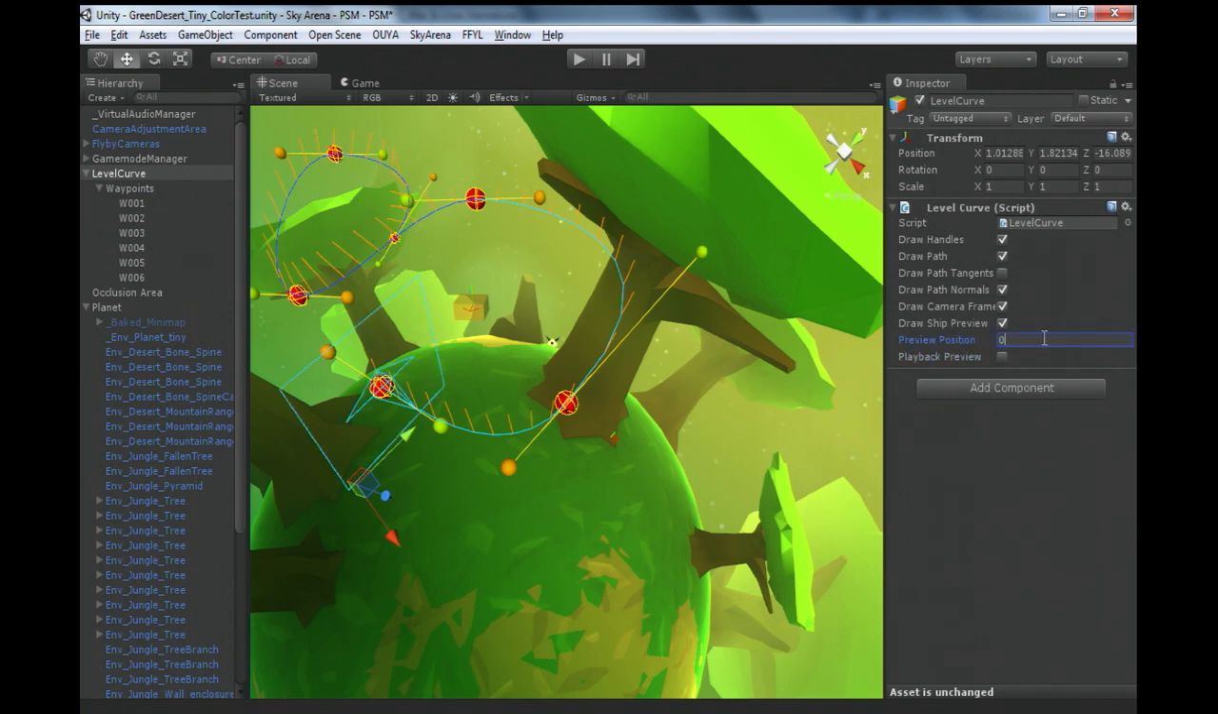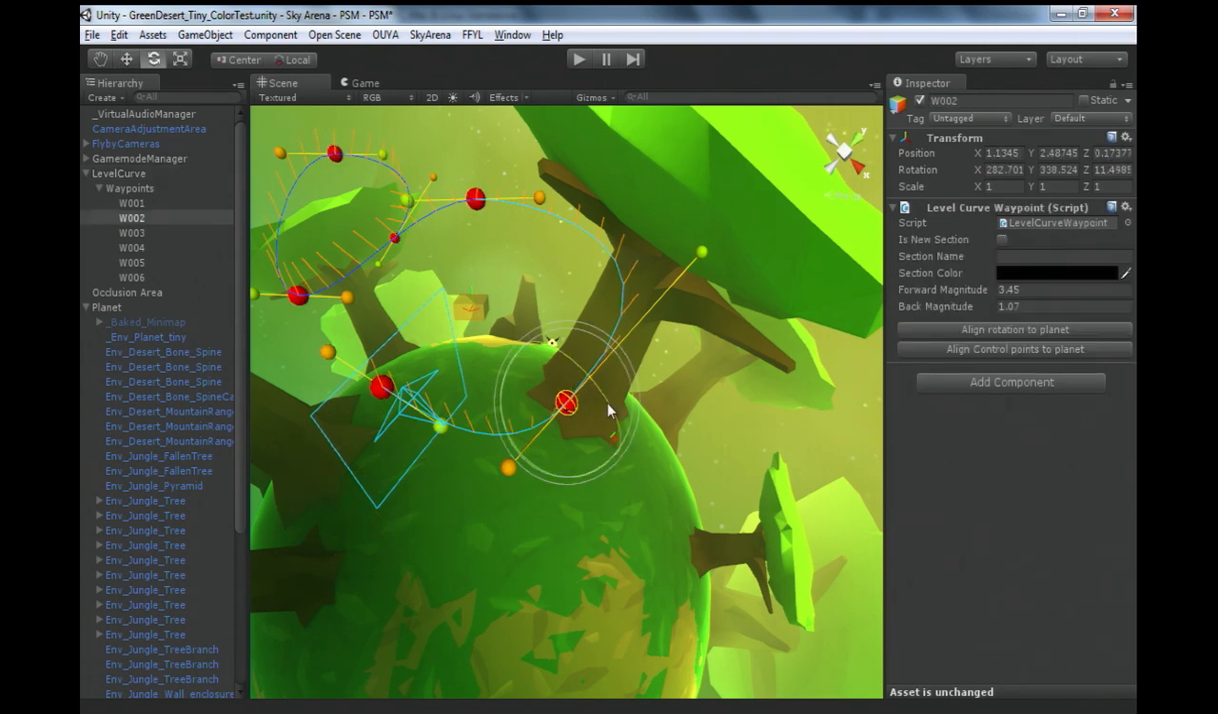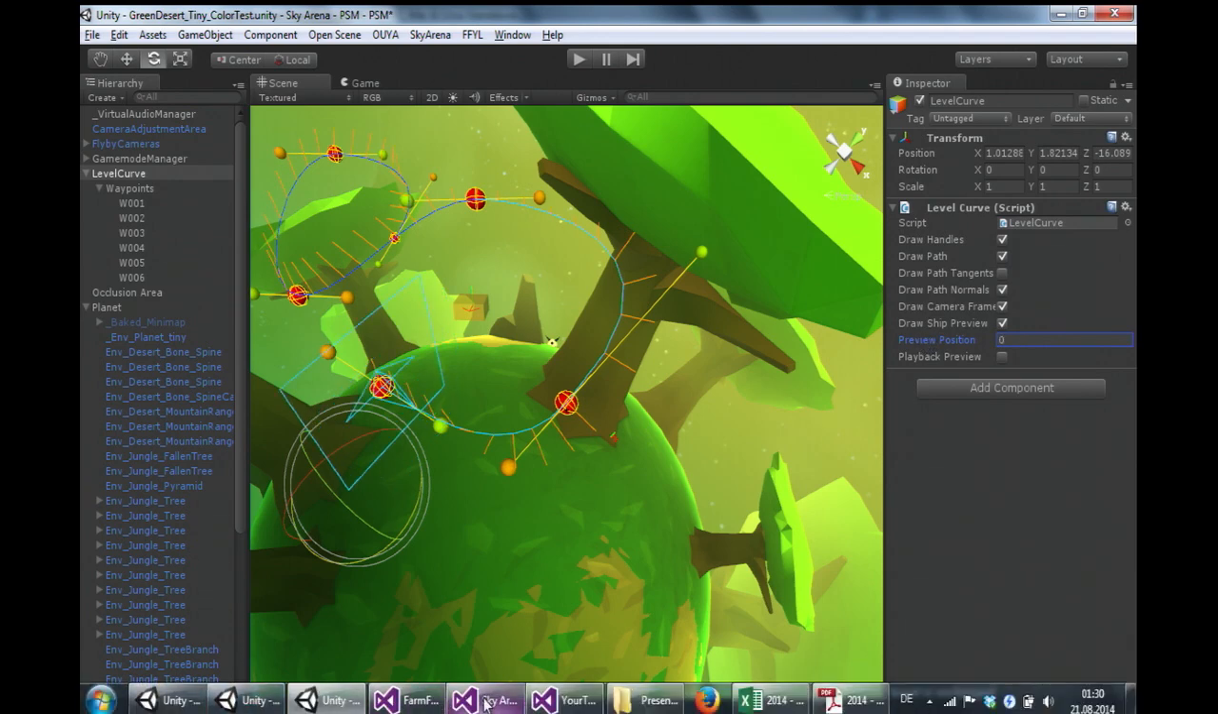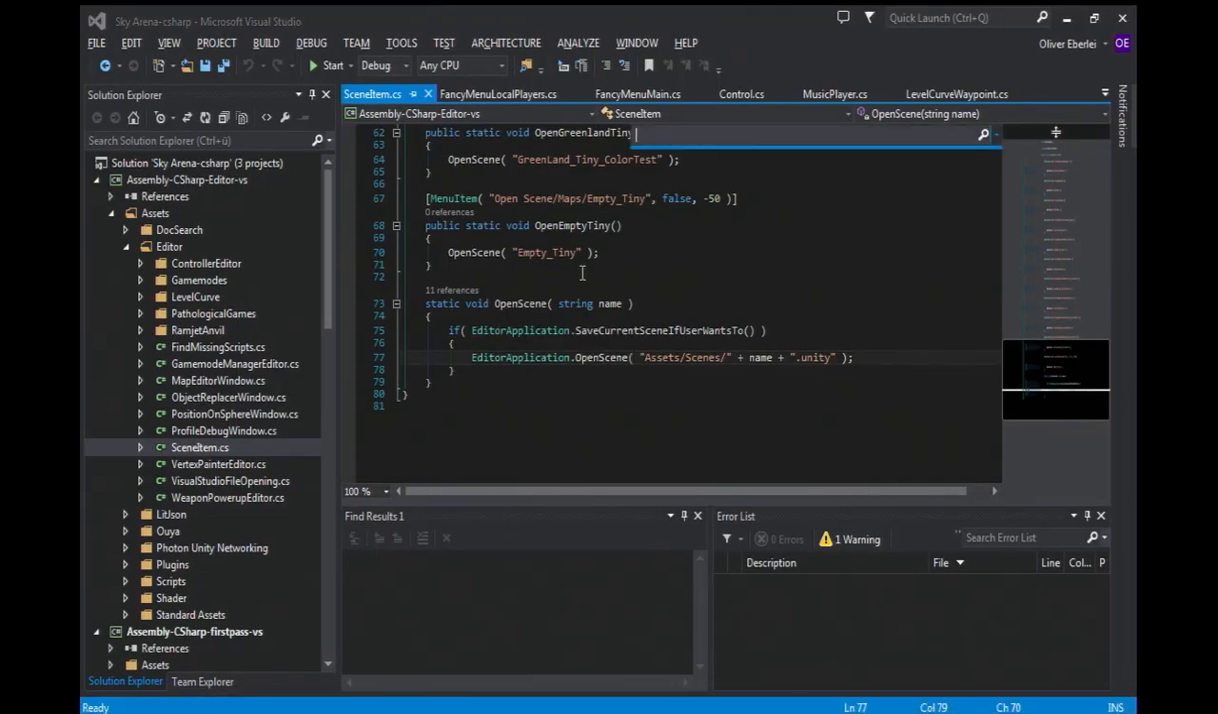Let's start at 0. I can preview where the ship flies. So this is just a quick way for me to see. When I rotate this around and then preview it, I can see with these gizmos, oh yeah, the ship turns this way. So I can quickly design the level and see if it hits any objects and stuff like that. But all these lines you see here are just gizmos, and I'll show you the level